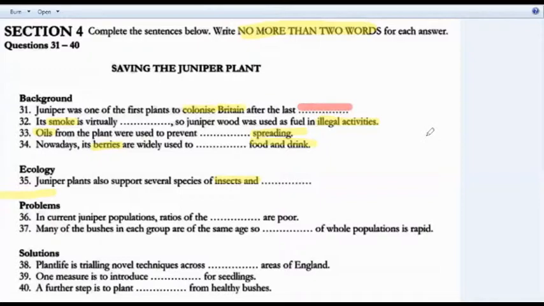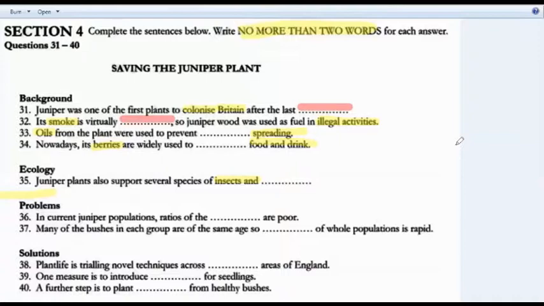So let's look at number 1. After the last something, this is going to be a noun. Last is an adjective, so some kind of noun here. And we might predict the last century, the last war, the last something, some kind of historical moment maybe. Its smoke is virtually something. That must be an adjective. Okay, smoke is what? Is big, is small, is